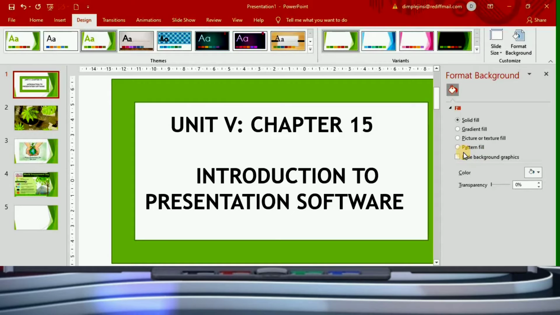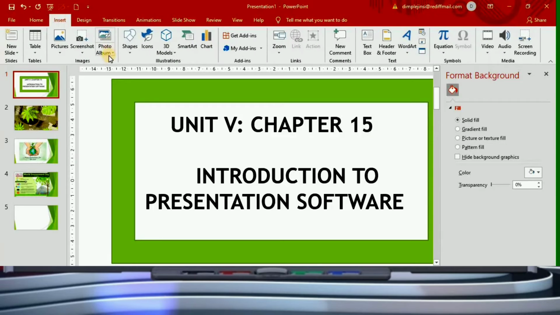Graphical elements you have, you can go to the insert and you can use clip arts, you can use shapes, you can use icons, you can use smart art, you can use chart. So many options you have that you can include in your presentation to make it more appealing. Then you have audio and video, which is again very important. Again in the same tab you have insert, you have audio, you have video.